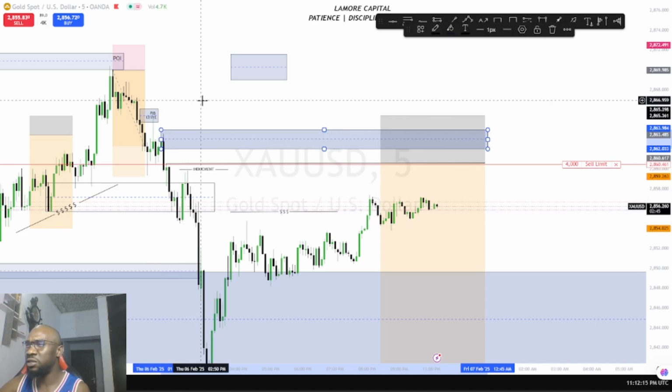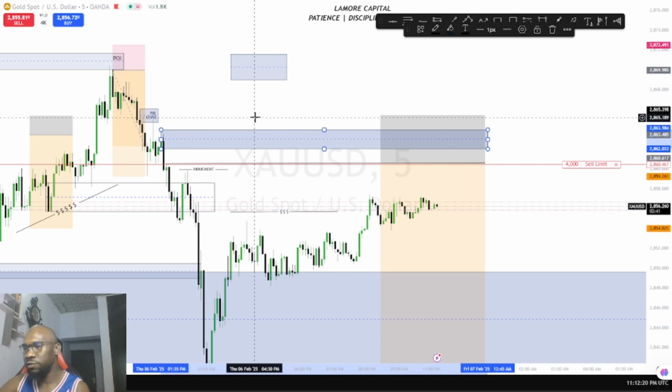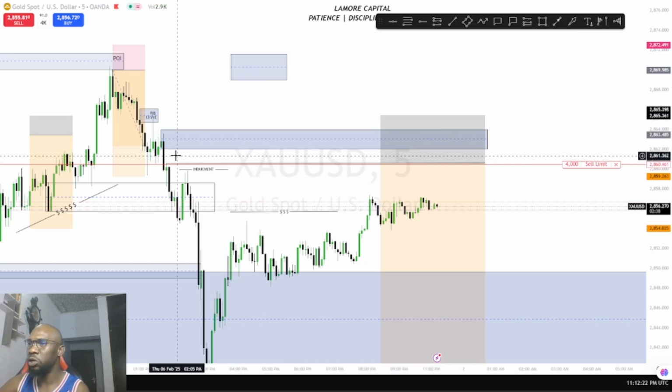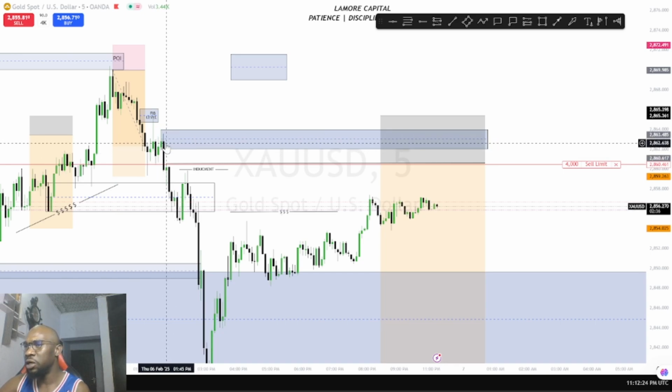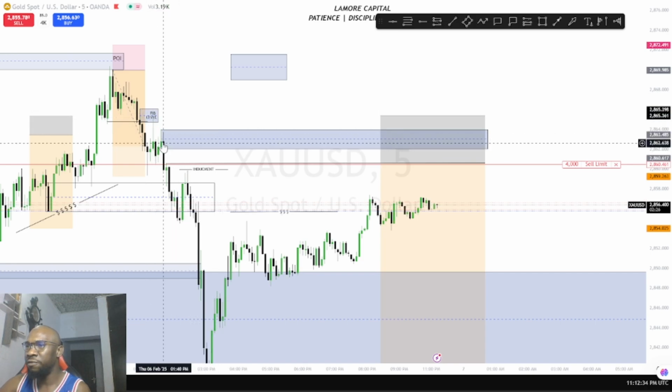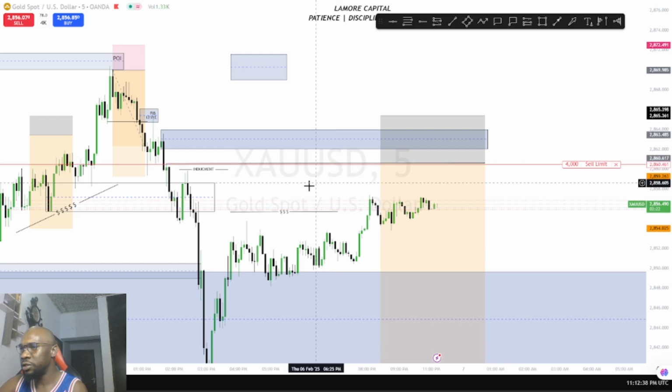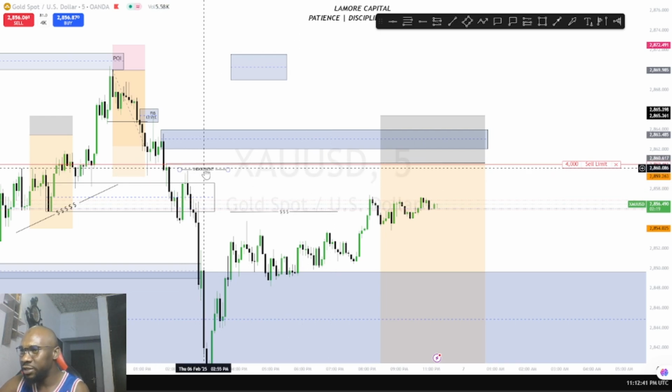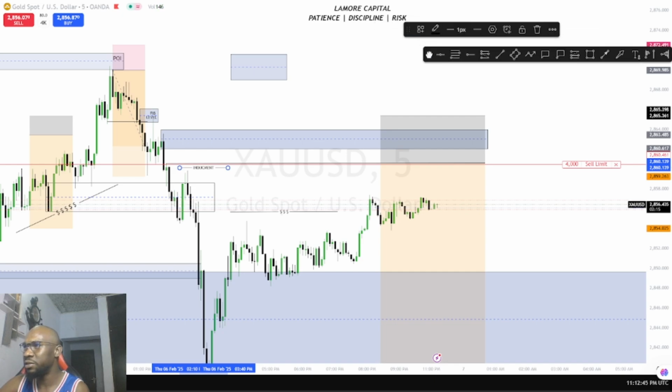So what am I anticipating? I make my strategy very simple. Very, very simple. I don't complicate things for myself. What am I looking for on my strategy? I'm looking for an order block with an imbalance already. We have a break of structure. We have an order block. We have an imbalance, isn't it? And we have an inducement. Don't forget, part of our strategy is inducement.